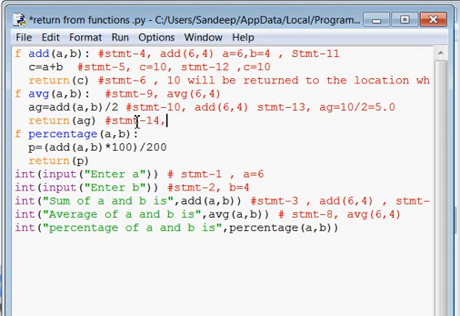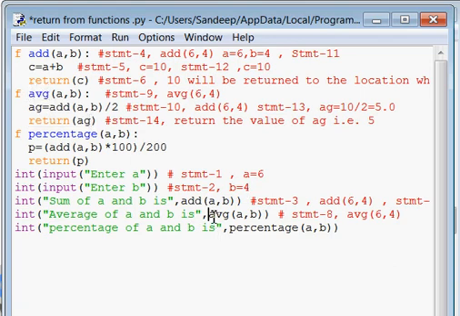What this statement does, this statement again returns the value of AG, that is the value of AG, 5. To which location will it be returning? It will be returning to that location from where we have called the AVG function.